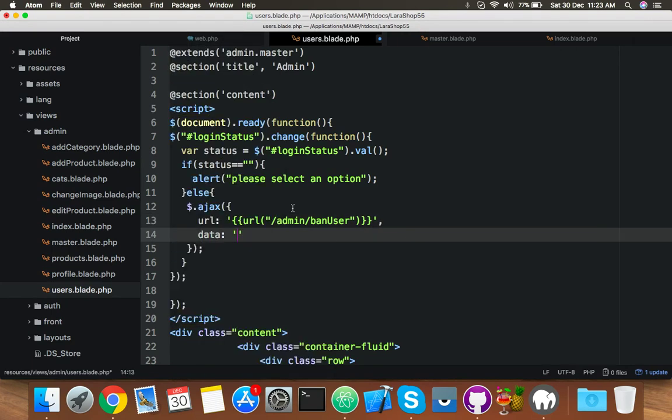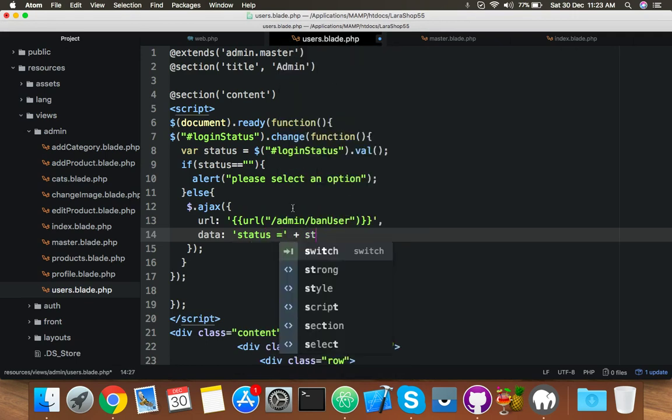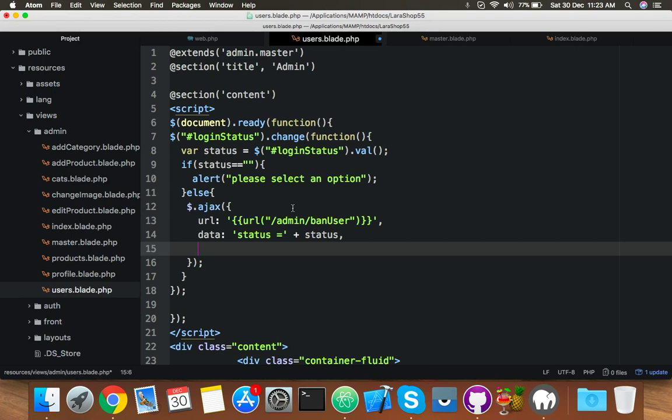Data you will say status equal to plus status. Okay. Success